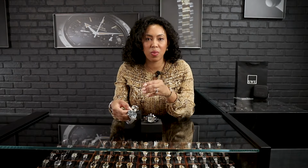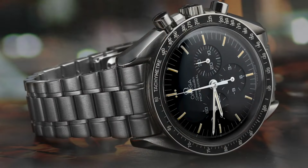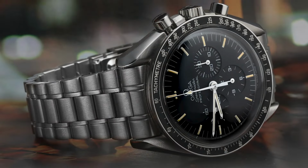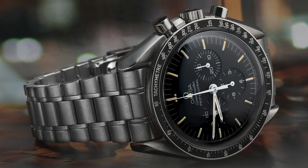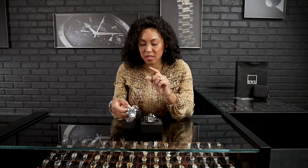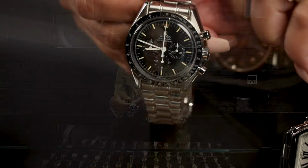Usually those are going to be white when they first start out, or if you get something that has the Luminova there. But this speaks as though it's a piece that you've had in your collection, even if you just got it yesterday. Also, the reason I love this iteration of the Moonwatch is this bracelet is my favorite choice out